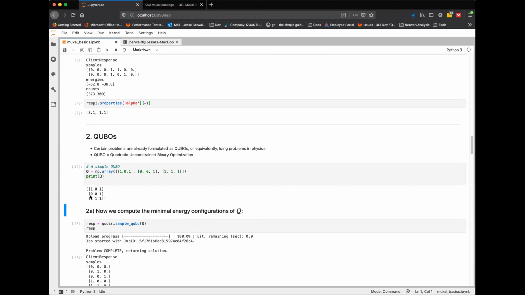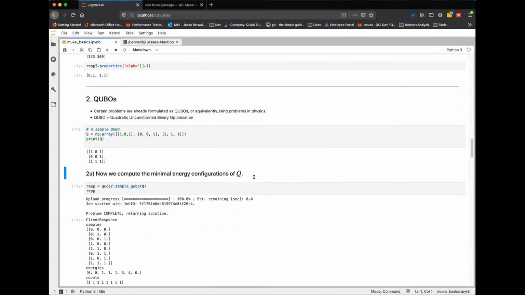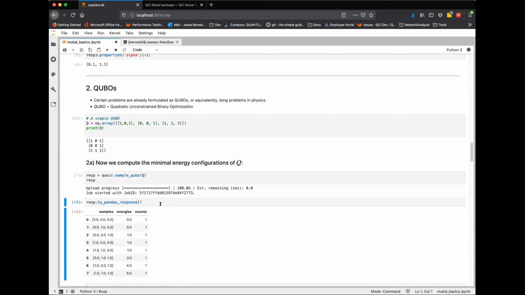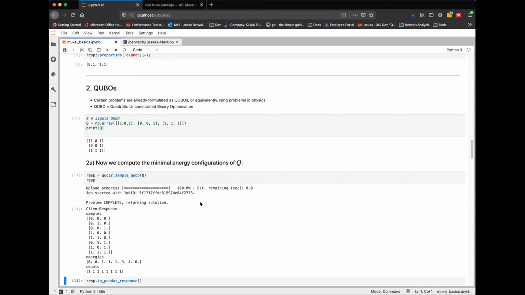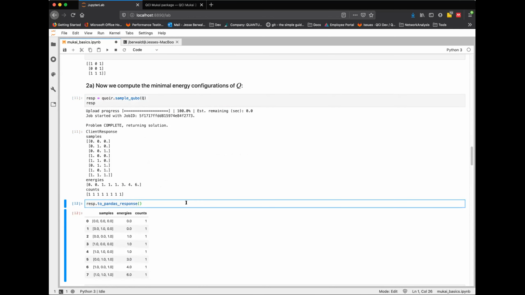I want to point out, it's assumed that a QUBO is basically a square symmetric matrix. That's the easiest way to represent it. And we also accept sparse matrices too. Oftentimes these are quite sparse, in fact, so it would behoove people to consider that if they have a QUBO. Here's sample QUBO. Same procedure: just upload it, use the same heuristic solver on the back end, and it returns some solutions.